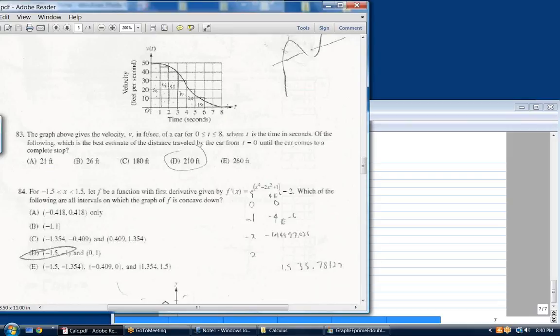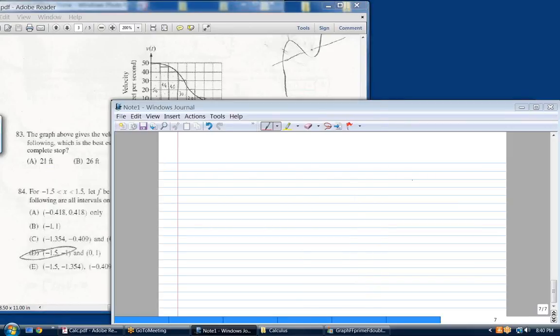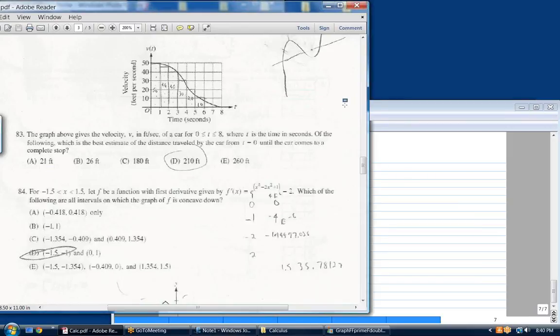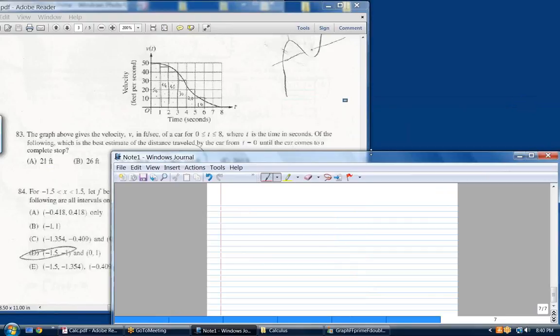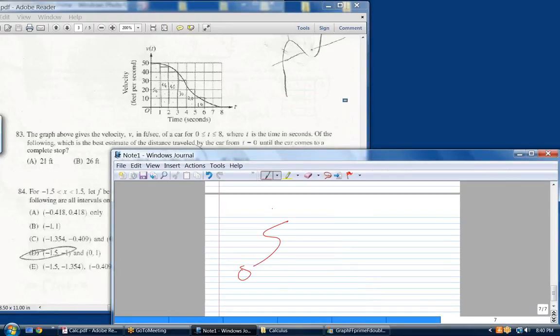In other words, the integral from 0 to 8 of v of t dt, which is going to be our answer, is the area under that curve, which we have another way of getting, and you've done that here,